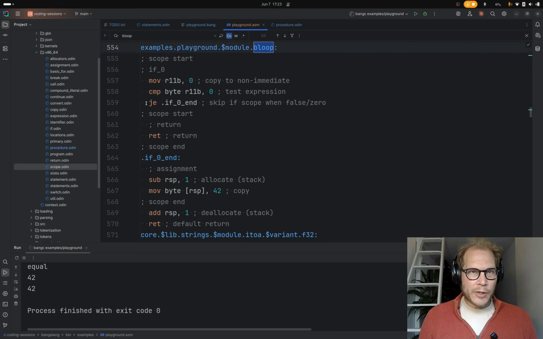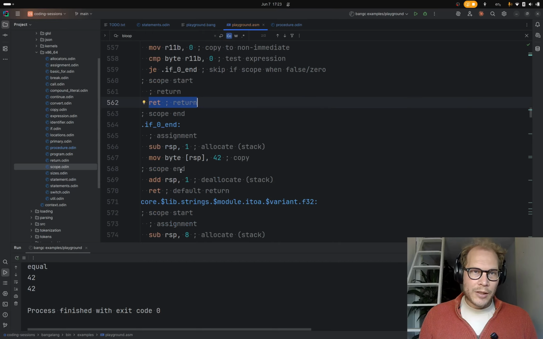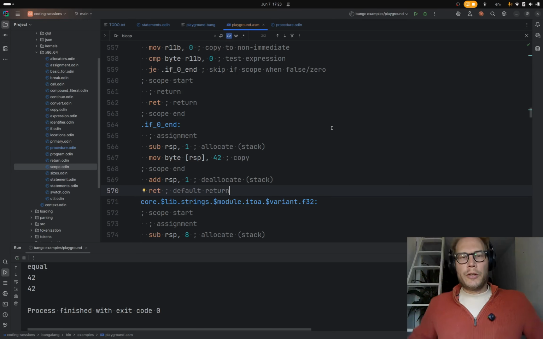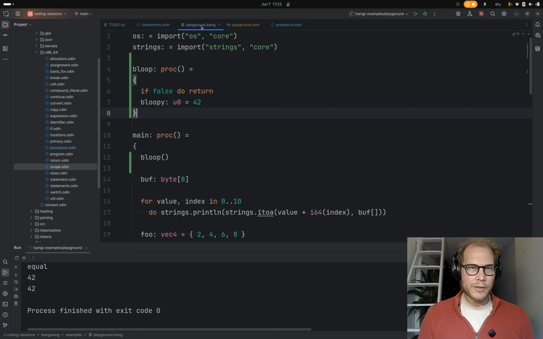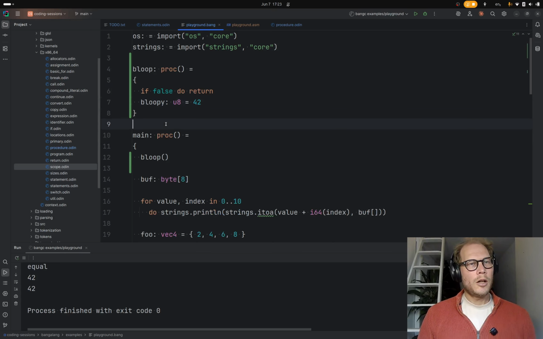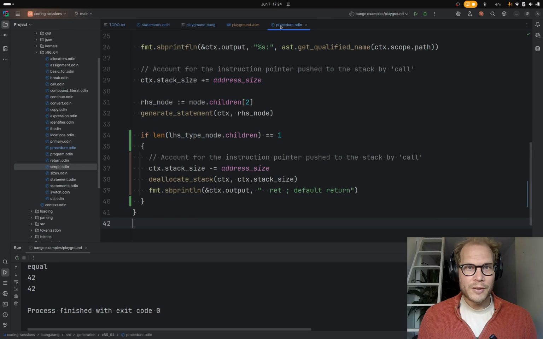It's always going to use the default return. So here, see, this is the if, and we're going to return if we go into the if, and here's our default return. So I think that's pretty good. I think we've gotten rid of the return for basically all cases. The only case where it would still exist is if we do this, which is kind of stupid anyway. So I'm not going to bother optimizing that, because just don't do that. That's pointless.